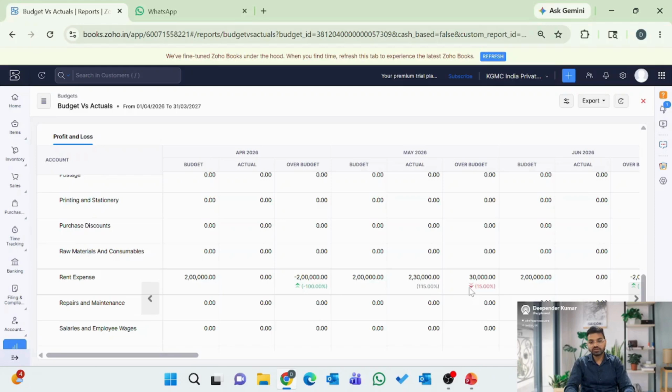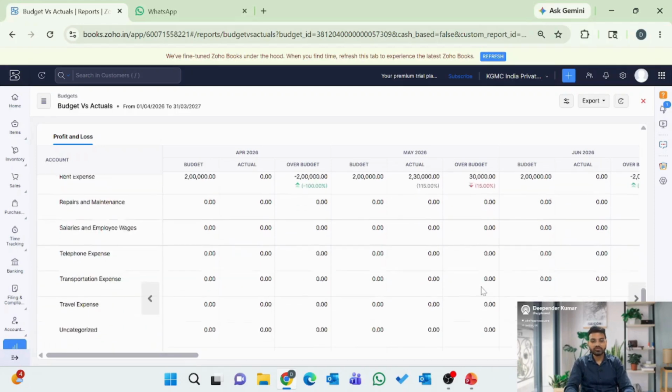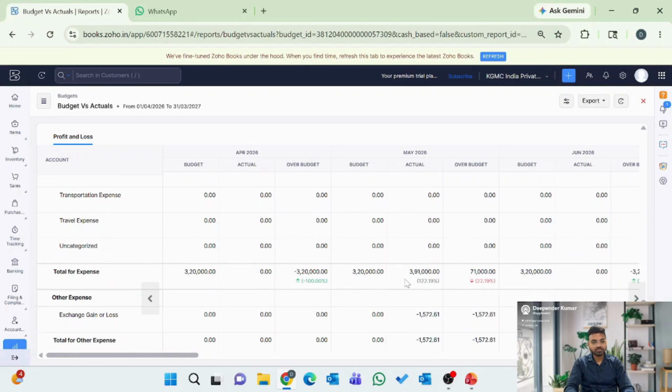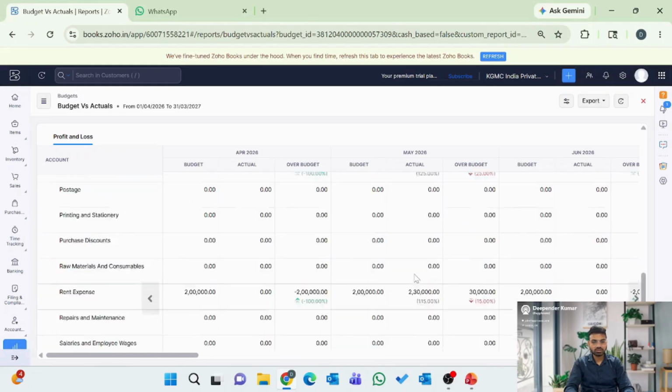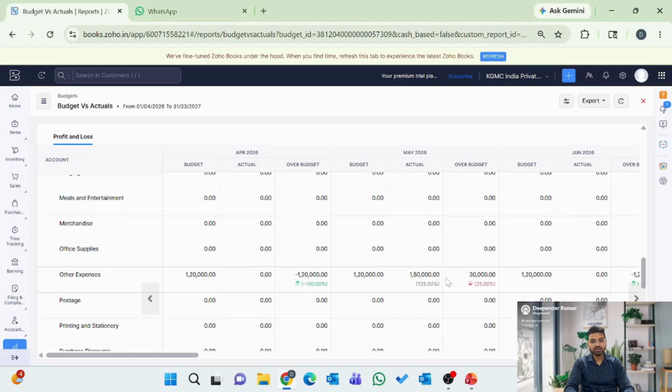So there is a 15% loss downside. And if you see the other expenses, it was 3 lakh 20,000 rupees, and now total other expenses here are 1,50,000, and I have increased it to the